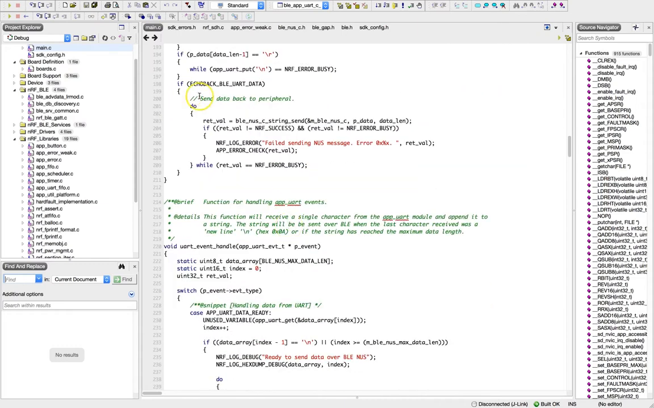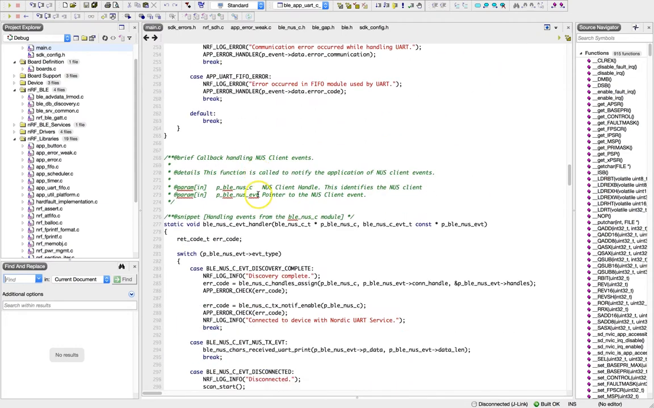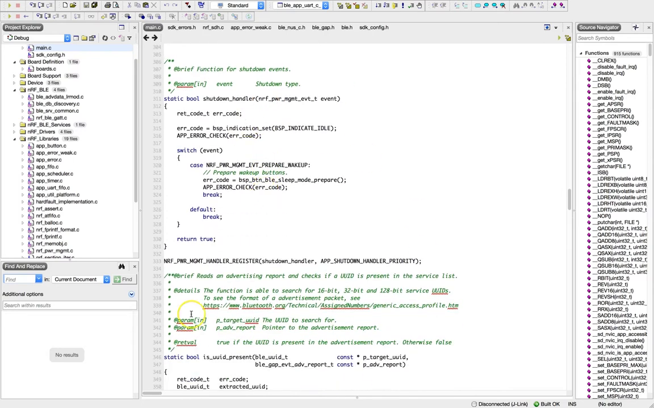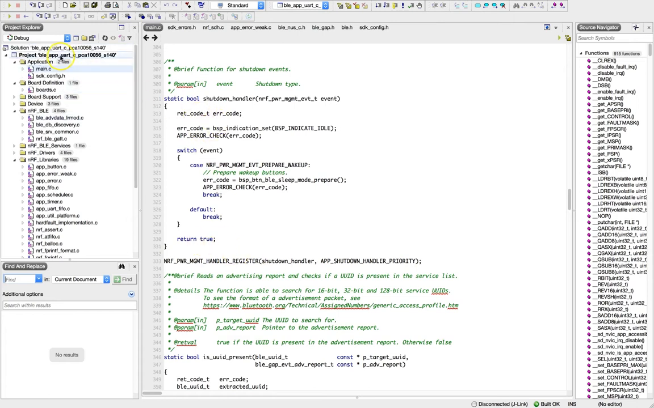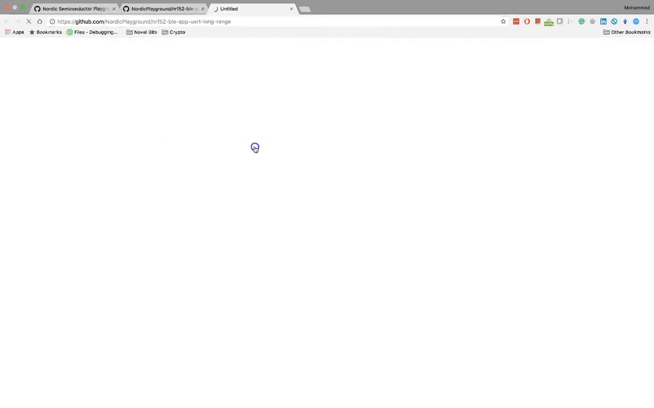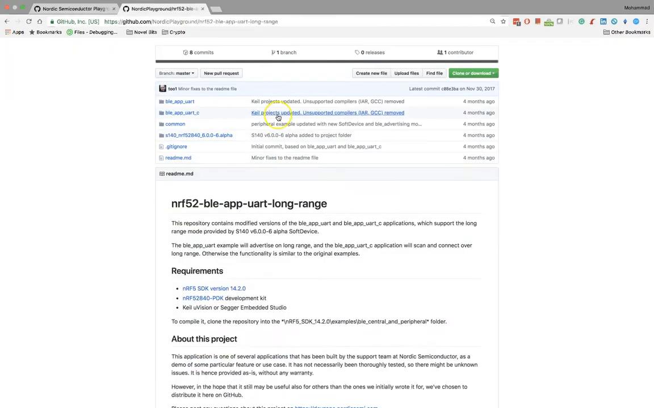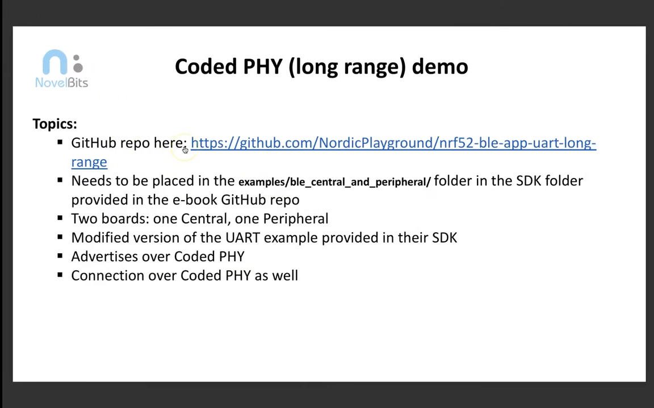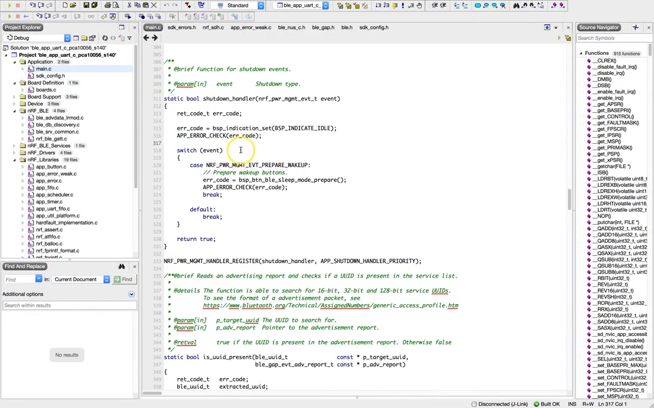So the main thing here is, since this example runs on both sides, there are two examples inside this. There's the UART-C, which is the central in this case, and then there's the UART without the C. C stands for central here. I have both of them included in the same folder. If you look inside here, you'll see that there's a BLE app UART-C and a BLE app UART. And once you open the central